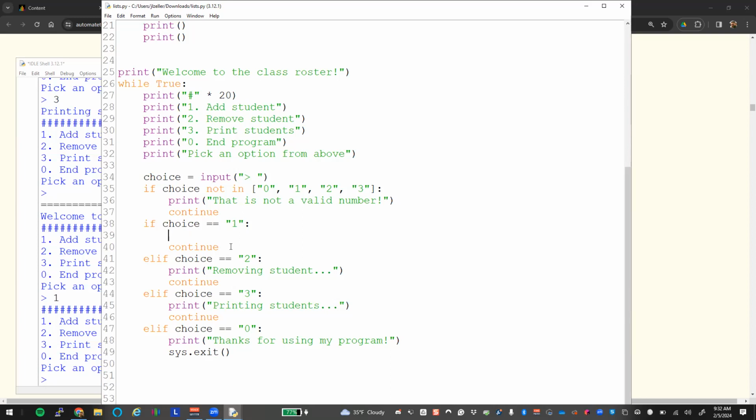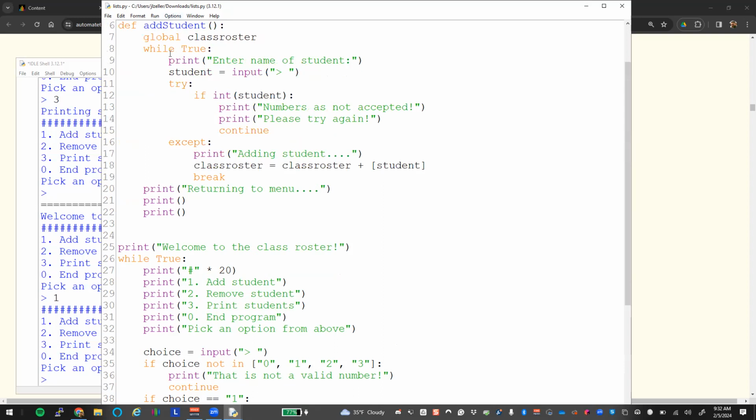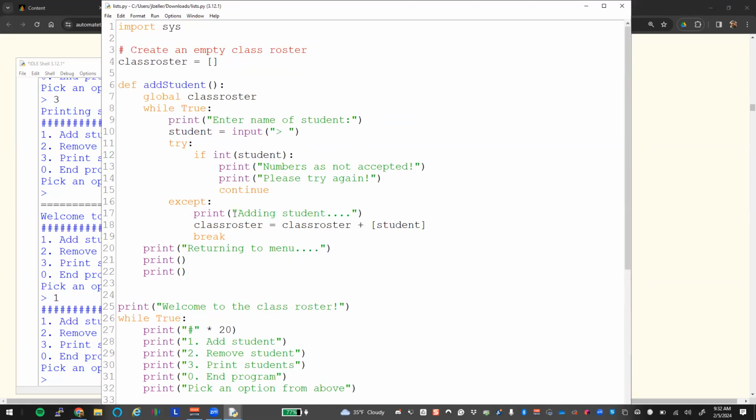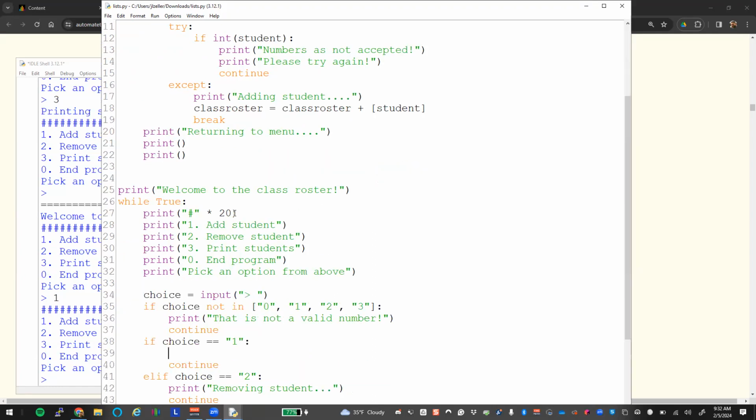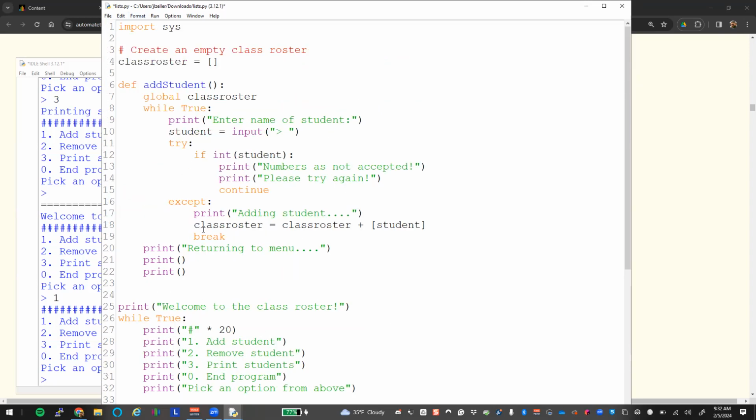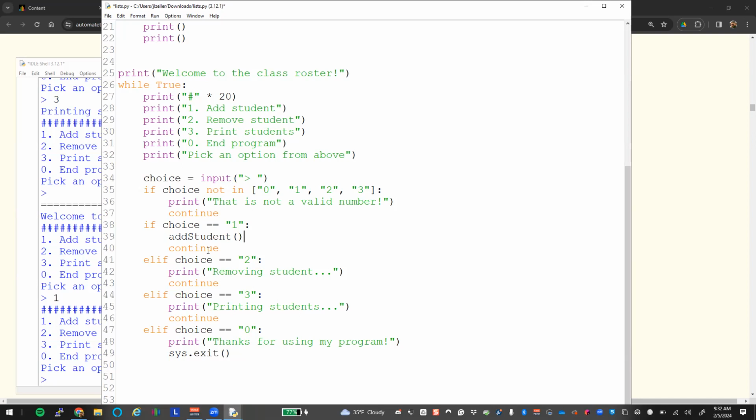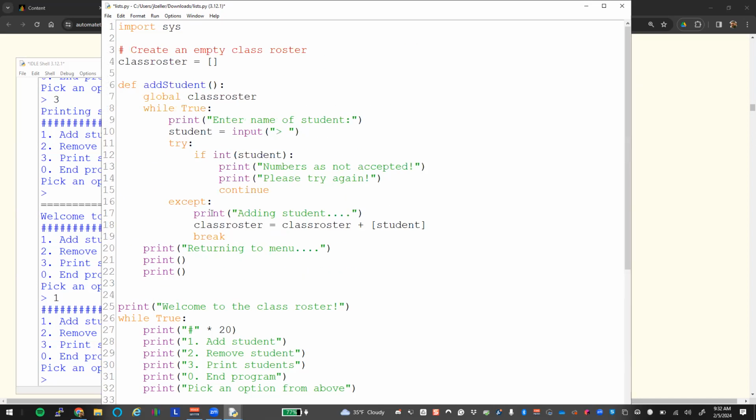What do I need to do down here on option 1 in order to run this add student code? Yep. So how do we call that function? Yep. Add student. So that is going to call this function, do the function, and then once it's done, it will go ahead and continue. What if in the middle of this, I decide I don't want to add the student? I selected it by mistake. If I do this and run this now,